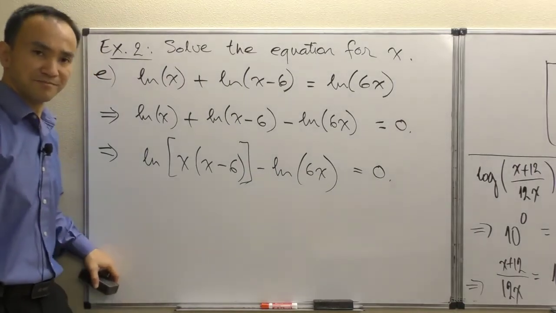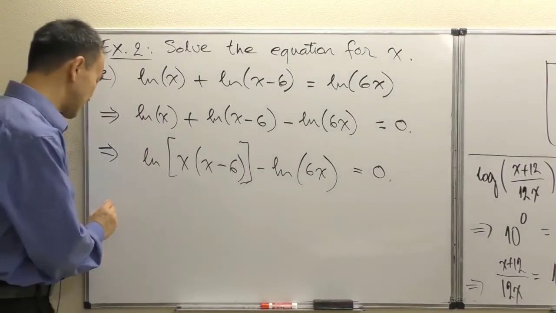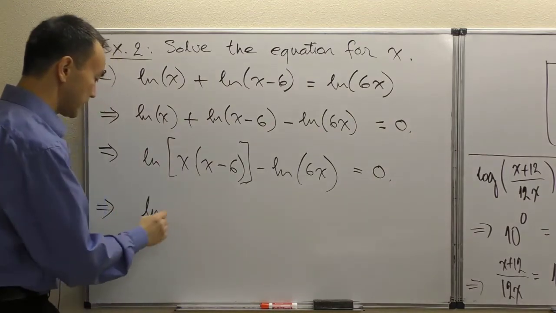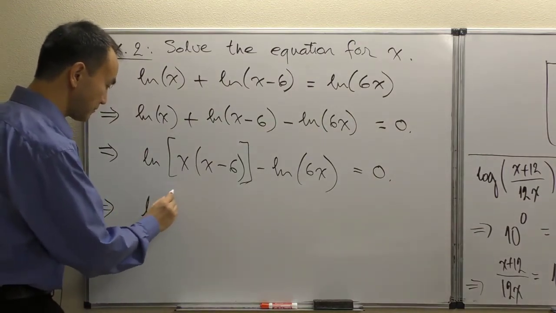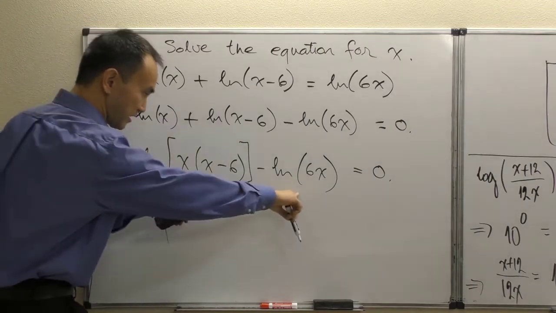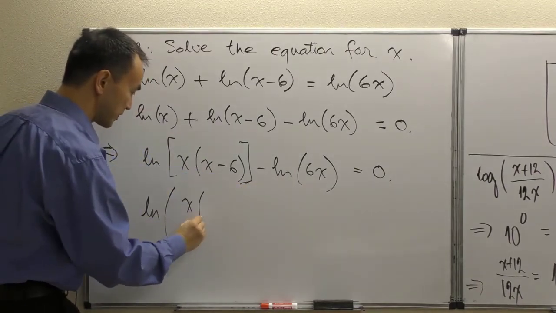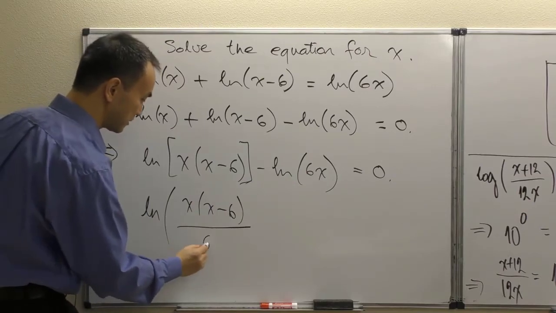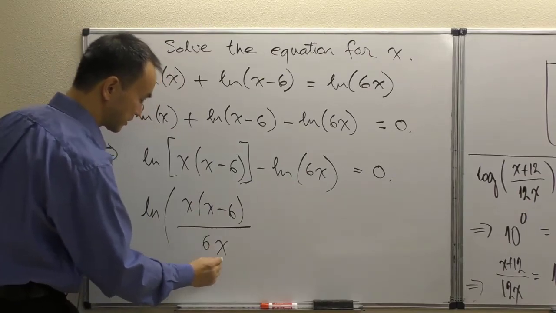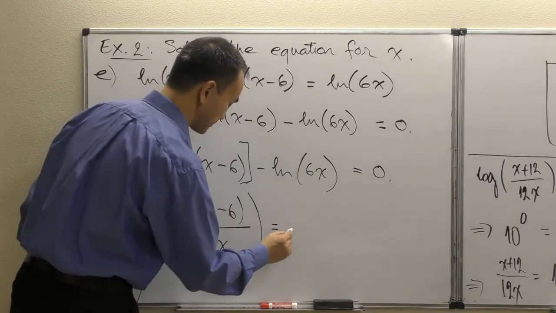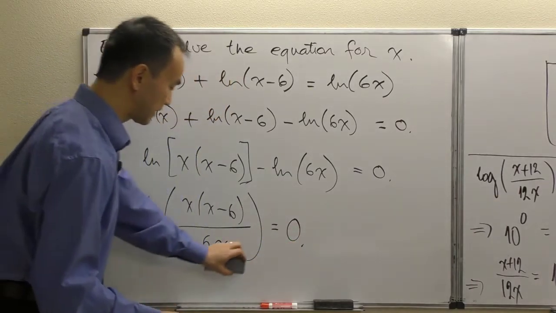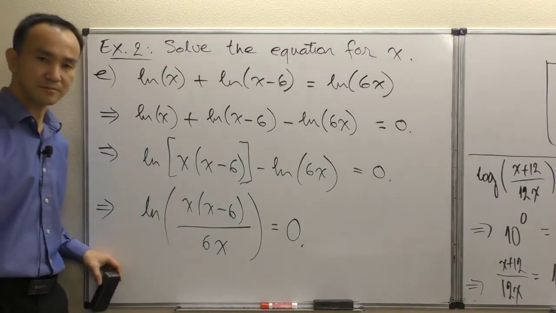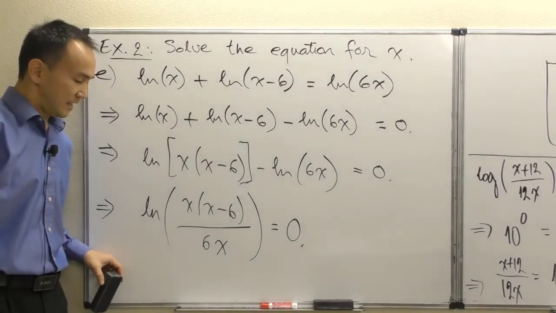All right, and then in my next step, we end up with the logarithm of, now I can combine these two into x times x minus 6, divided by 6x right there. All of that equals 0. All right, and so now,